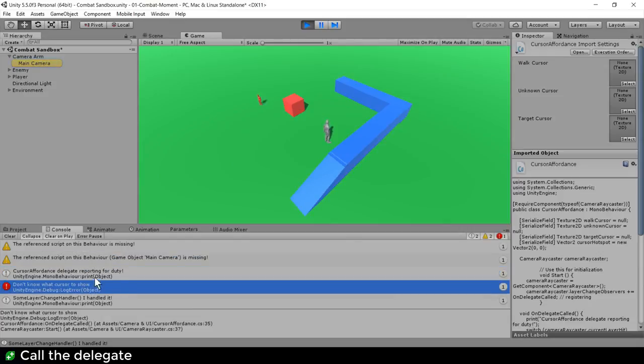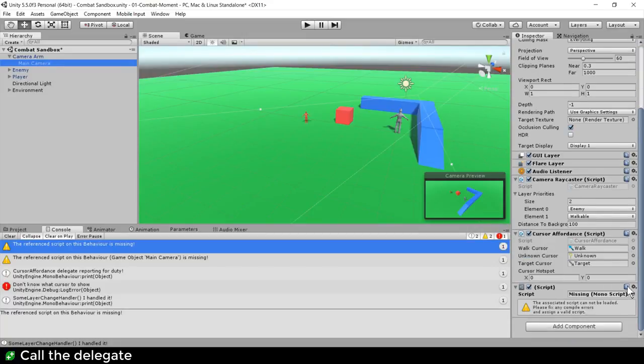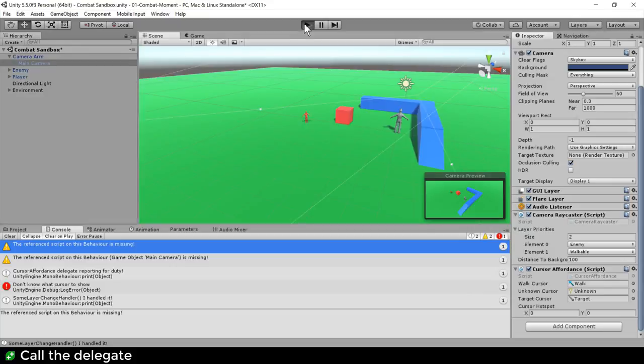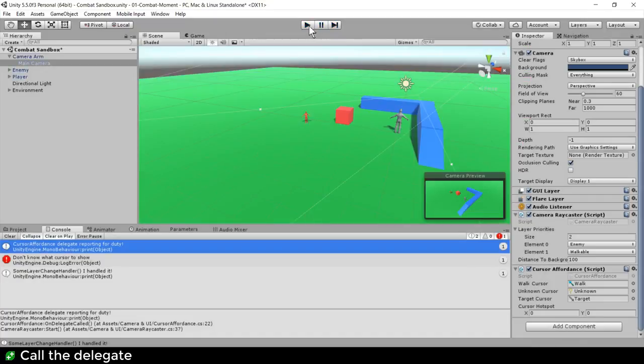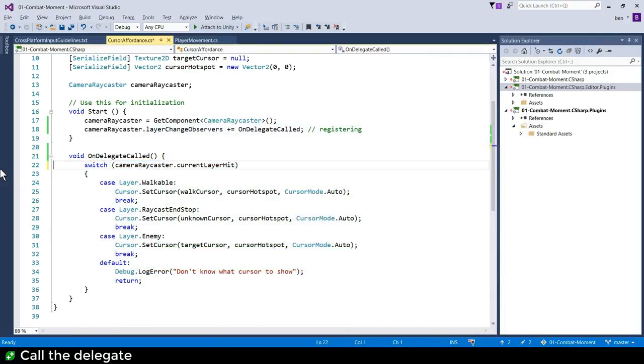And we've got a script missing. Let's just fix that. That's just because I removed this new script that I created, that temporary script. Let me just remove that because we don't want a face full of errors. Great, okay. Cursor affordance delegate reporting for duty. Awesome, that has worked. So we are nearly there now. We have all the tools that we need to be able to just get rid of that, to be able to just